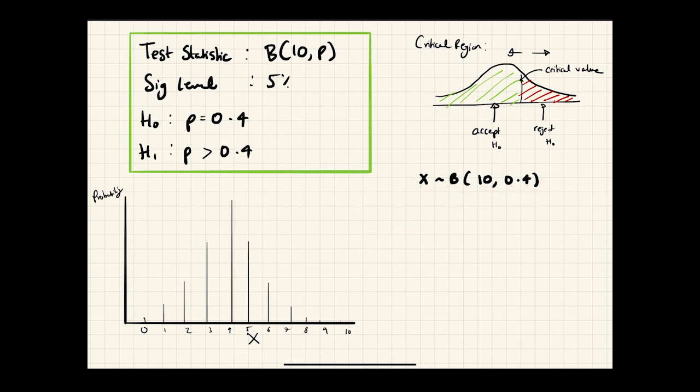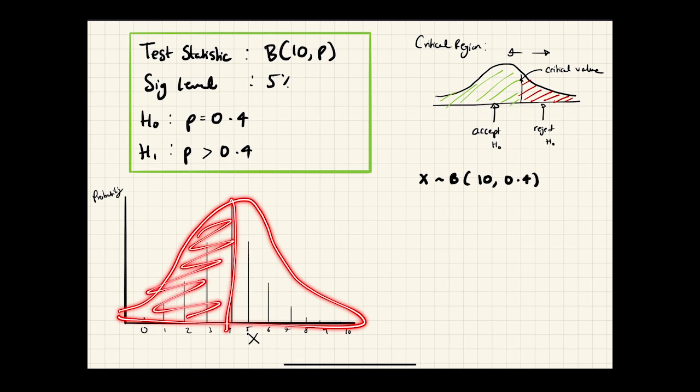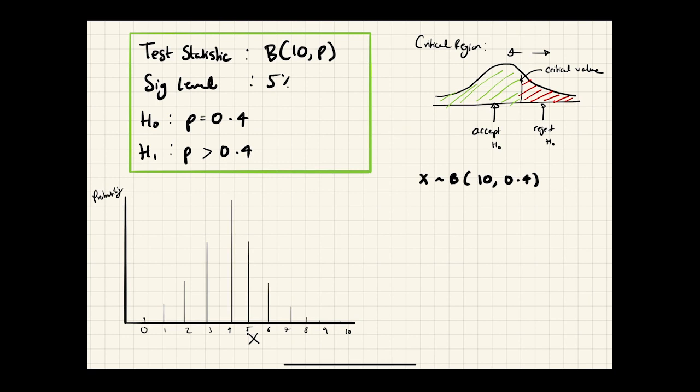Now, we know that we're at the 5% level, and what we want to figure out is, the same way we broke this diagram down here into the accept region and the reject region, we also want to break down this diagram here into some region where we accept it and some region where we reject it. So we need to figure that out. So how can we do that? So